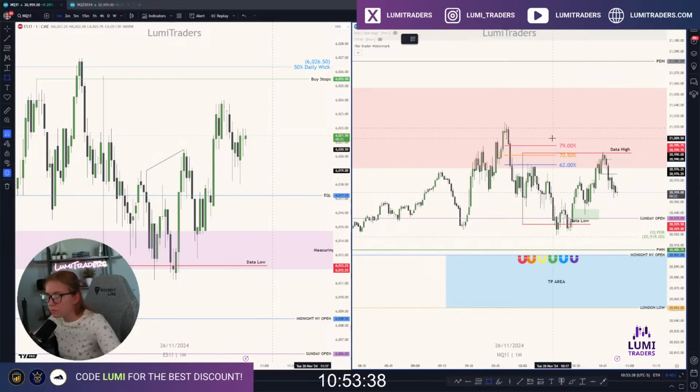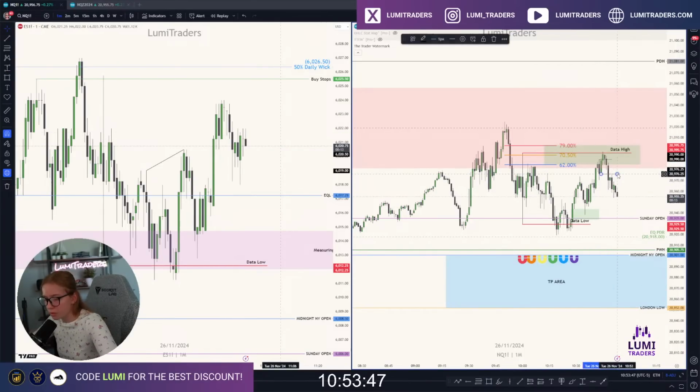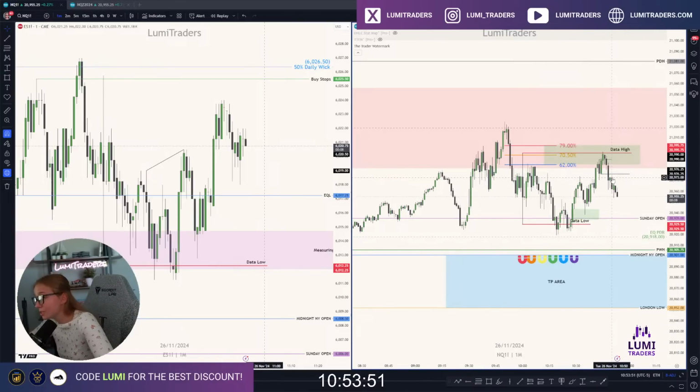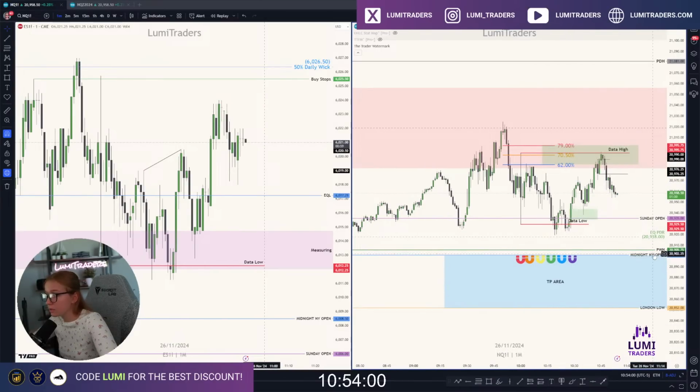What do I mean by this? Right here, you would like to wait for entry, and entry is going to be 1-minute order block. 1-minute OB was, actually I highlighted this OB. This means preferably we would like to wait for ideally retracement back to this OB, or you can enter at the open of next candle. This means right here, with stop loss above 79%, and target is going to be possibly New York midnight open. But just one thing I don't like right here right now is time.